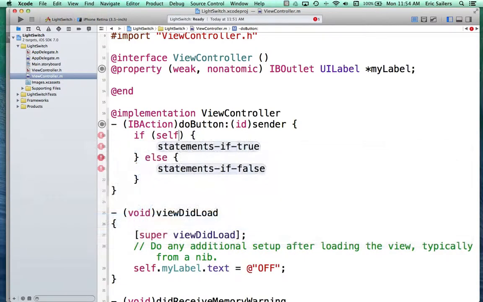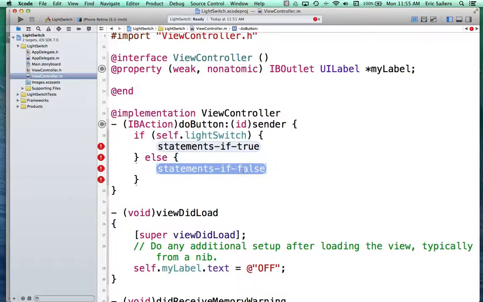I actually need to write self.lightSwitch, and now I see it in the code completion. Alright, then I have to write statements if the condition is true or if it's false. Well, the Boolean property for light switch is actually set to false by default. So with that in mind,